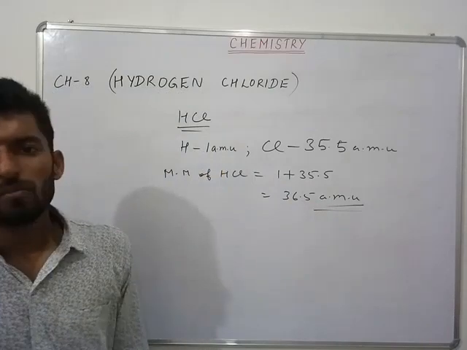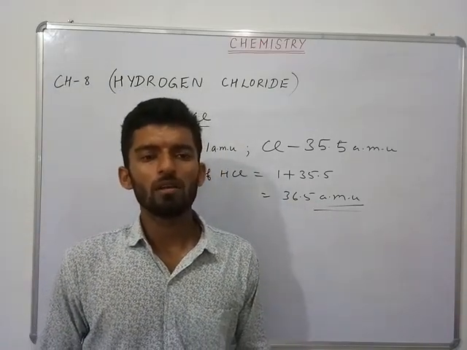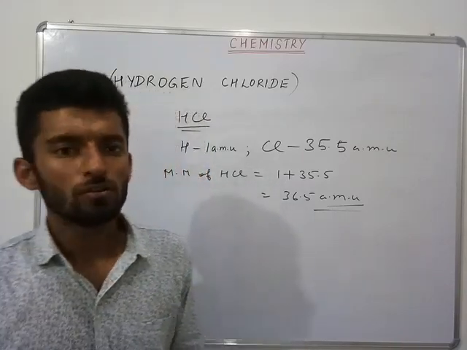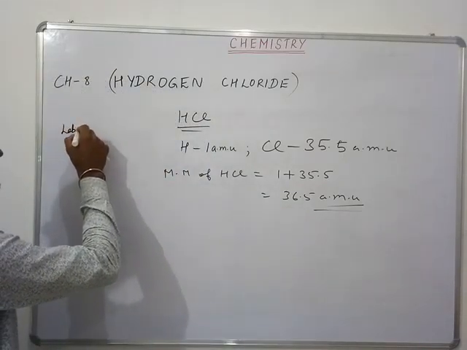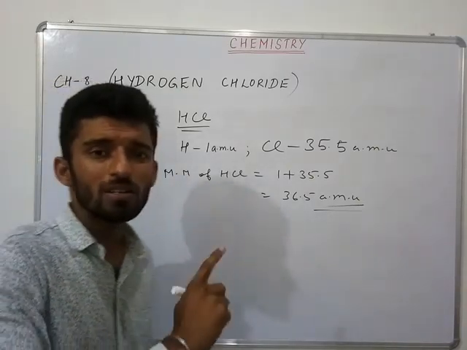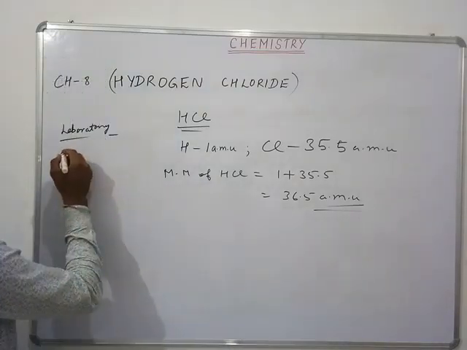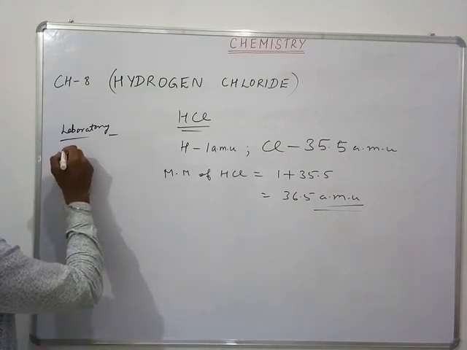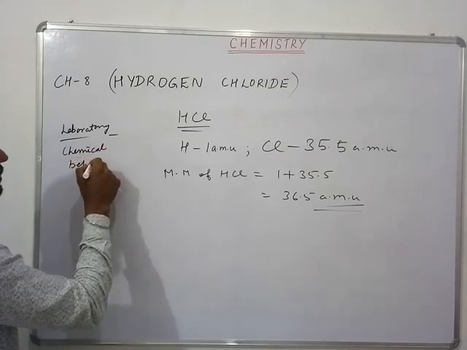Now this chapter is very important from the board exam point of view, as it covers nearly 6 to 7 marks each year. Generally the question comes from the laboratory preparation. A definite question is there. It could be a reasoning part or a direct question. Another question can be with respect to the chemical behavior of HCl